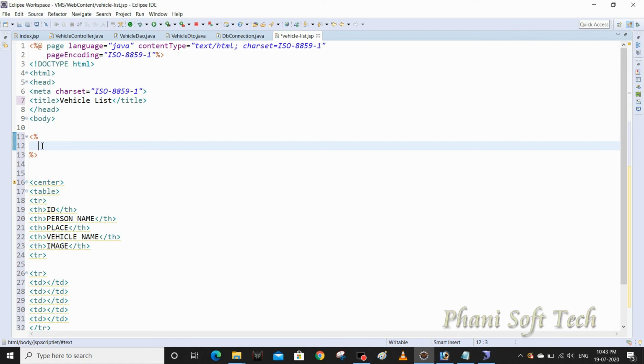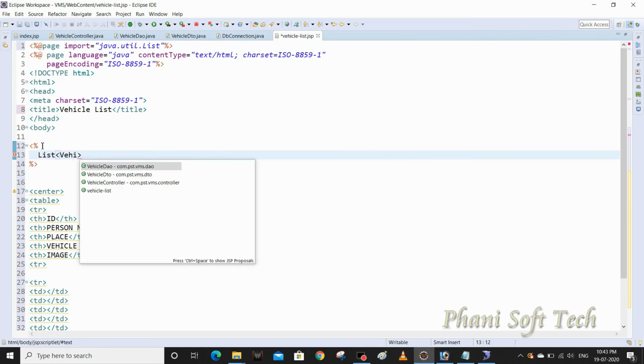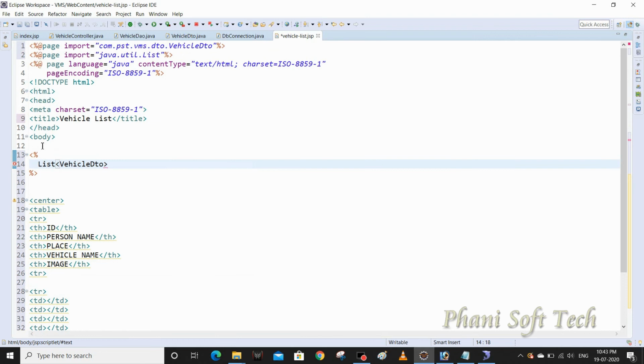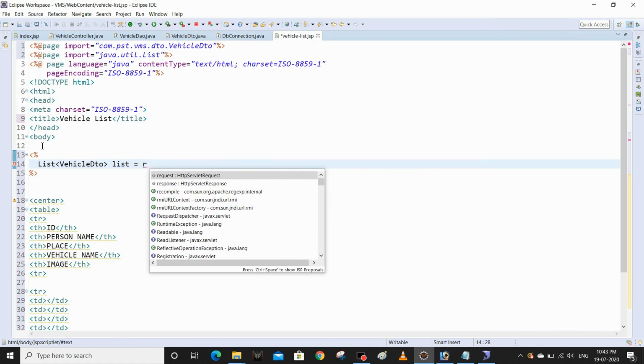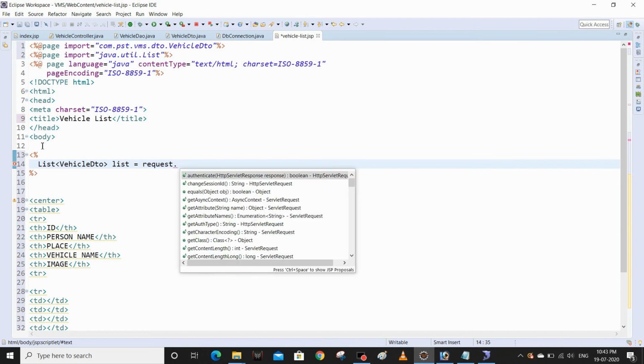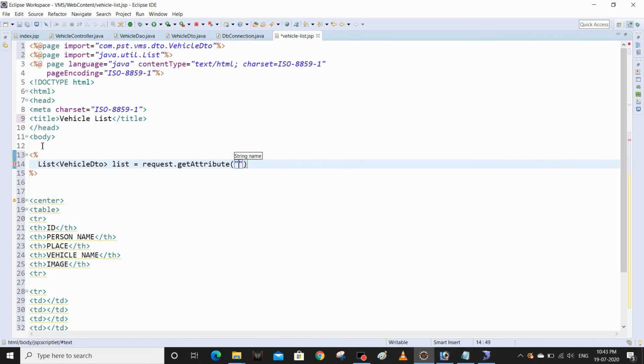I need to get that list, right? List of vehicle DTO. How to get it? By using request, this is a request scope. For request, getAttribute.